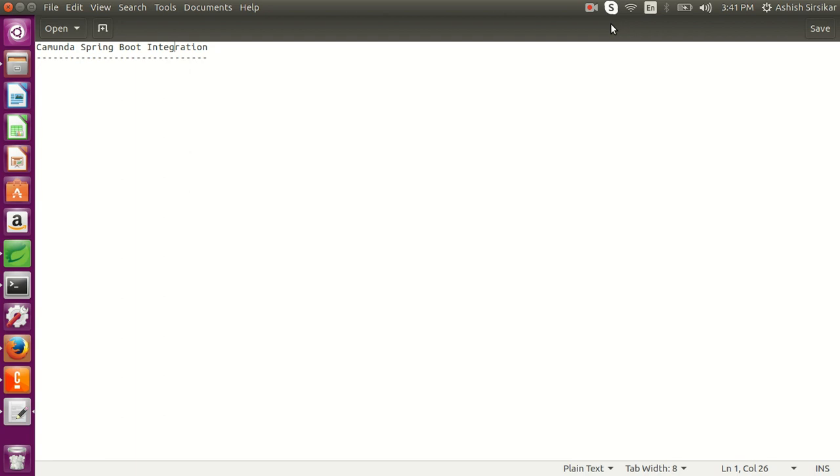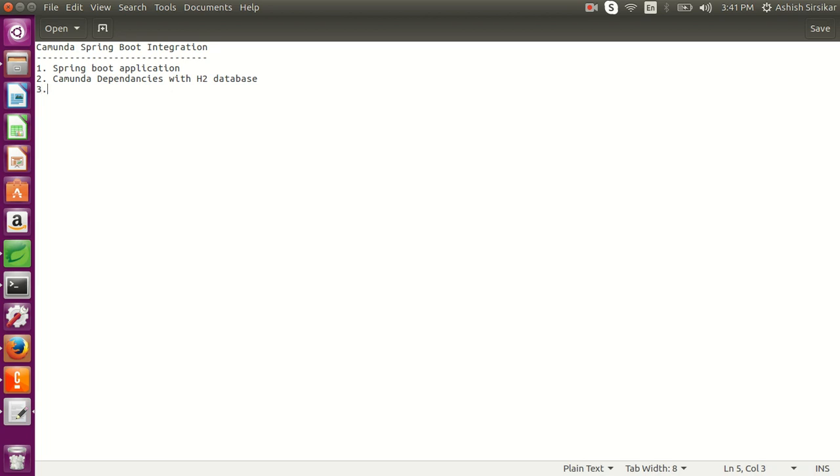So there are a few steps that we have to perform here. We will first create a Spring Boot application, and then we will add the Camunda dependencies with a normal Spring H2 database.